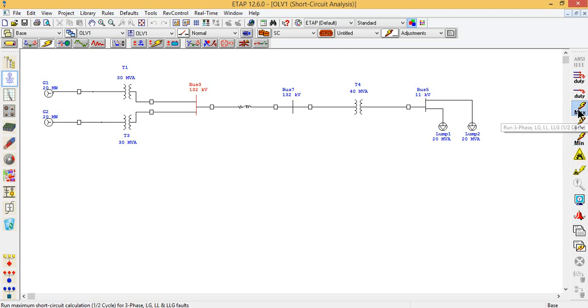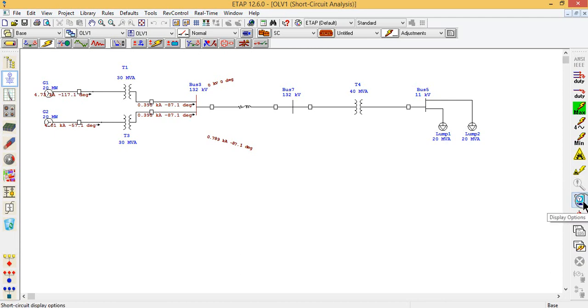Now if I click this maximum value, it is giving me a short circuit current of total 0.789 kiloamperes with a phasor angle of 87.1 degrees, and it is also showing the contributions from both the generators.